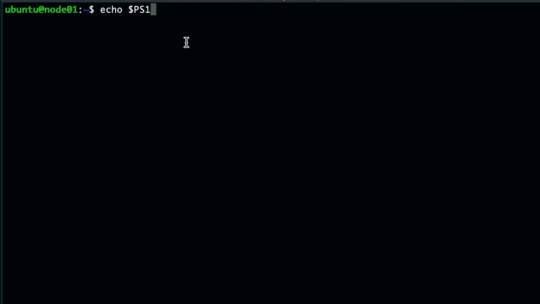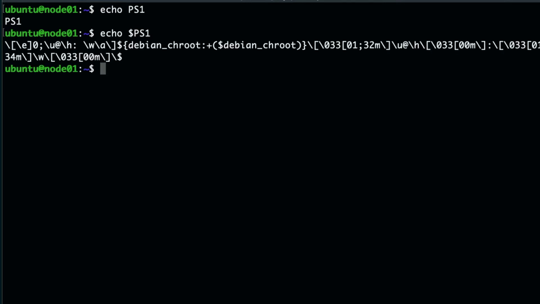$PS1. So we have to put a dollar sign to echo that variable. If you don't put dollar, that means you want to echo this string, not the variable. We can try it actually here. So see, it just prints PS1. But I want to get the value from this variable.